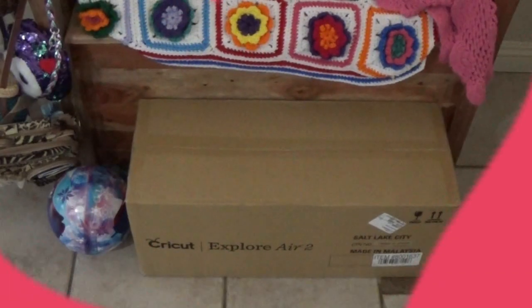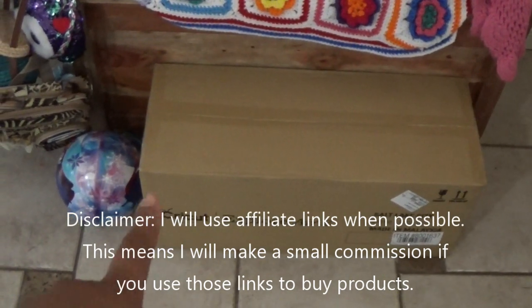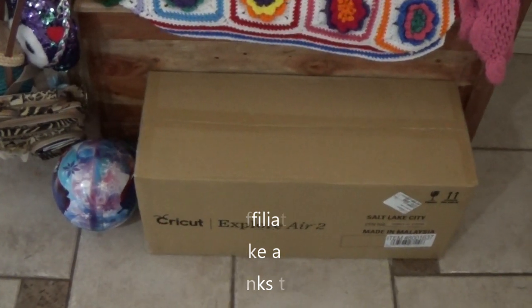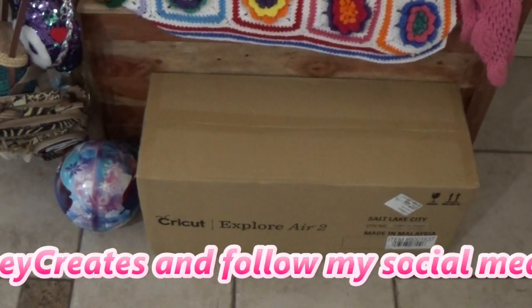Okay, guys, so this has been sitting here for about a week. I dread things like this, but I'm looking forward to it. So this is the Cricut Explorer 2 that I just recently picked up from HSN. I'm gonna open it up, get her set up, we'll do our first cuts, and then from there, I'll just be using it here and there to do different